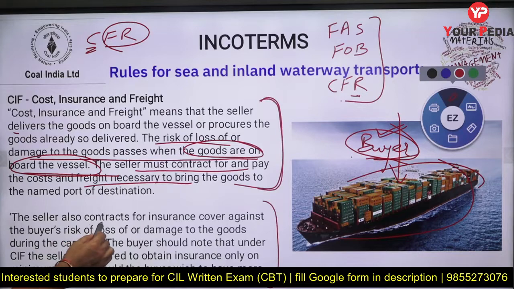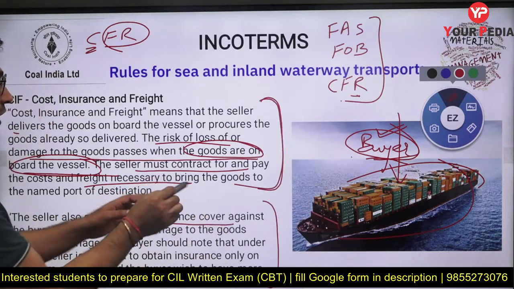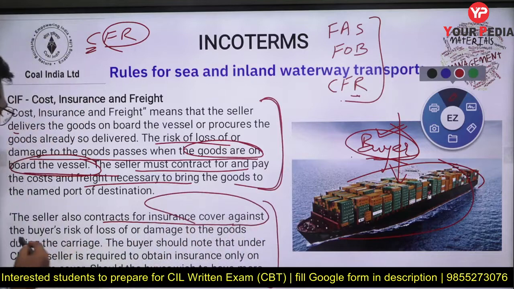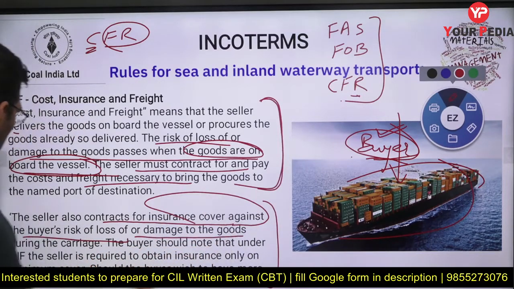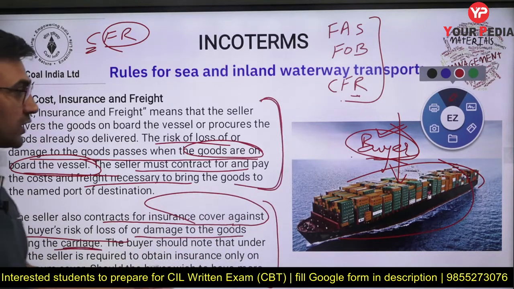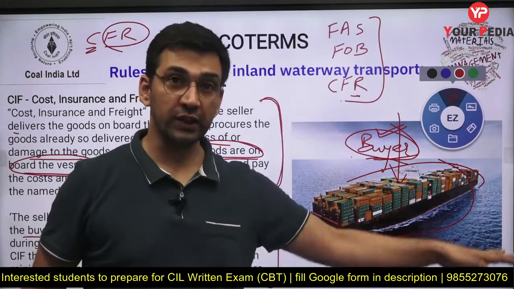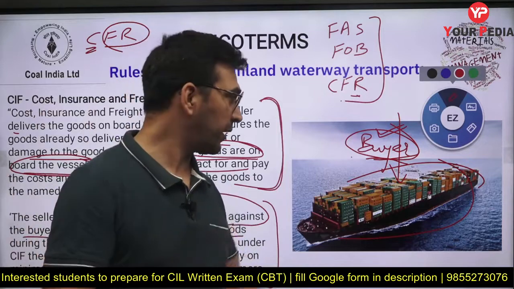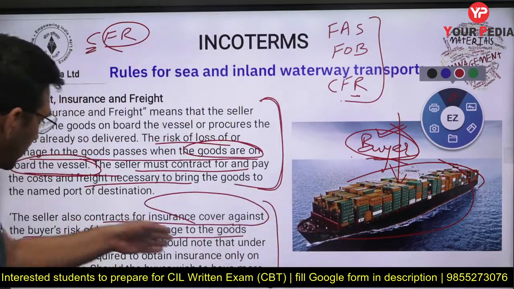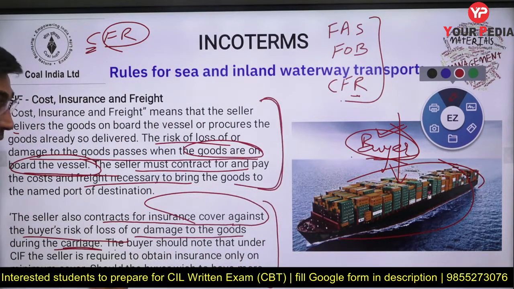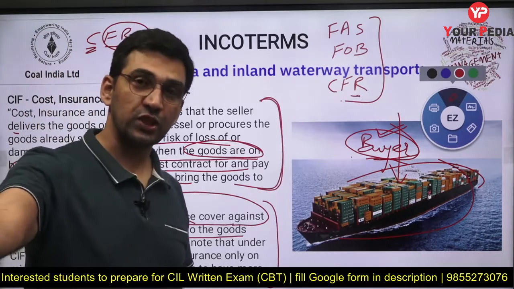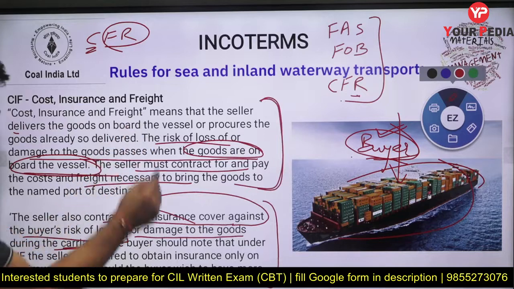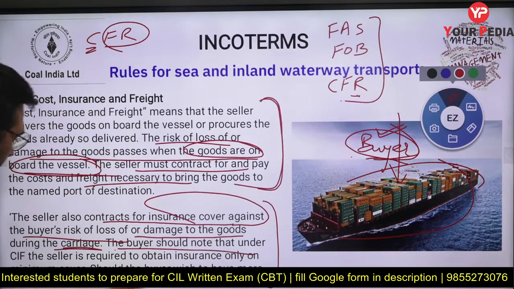The seller also contracts for, in addition to the contract for the freight, what will he contract? Insurance cover against the buyer's risk of loss or damage of the goods during the carriage. If there is a kind of loss during transportation, to cover that on behalf of the buyer, he is arranging insurance for you, right? Obviously he takes it and gives it, but that has to be charged from the buyer only. The buyer finally has to pay, but anyway that contract term will remain, the buyer should note that under CIF